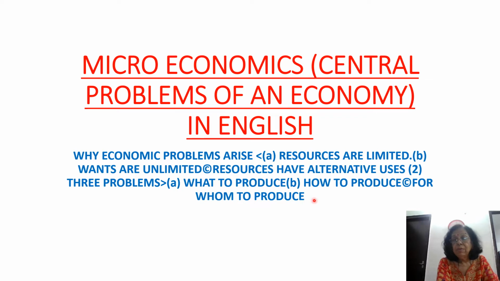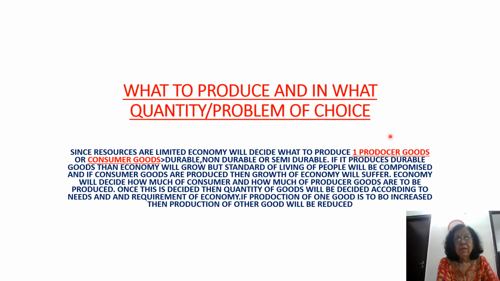Now, due to this, all countries have to face problems, and these are what to produce, how to produce, and for whom to produce. And this we'll discuss in detail. What to produce and in what quantity? Problem of choice. So each and every country has to decide what products it should produce,